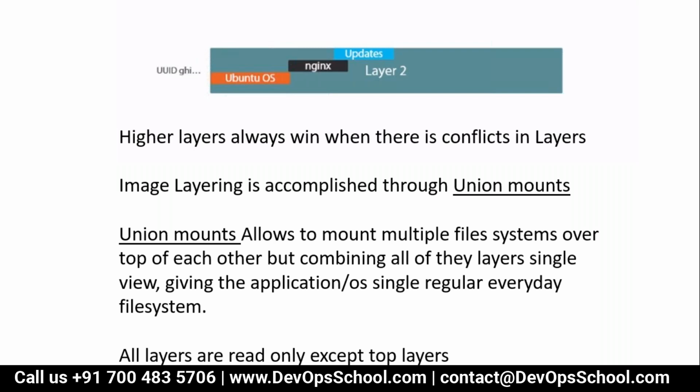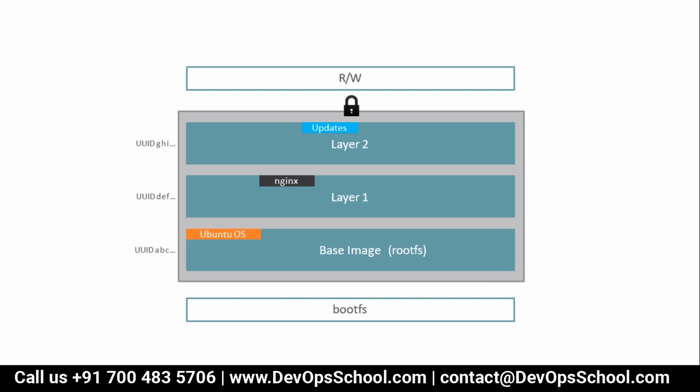Okay. So now you see here, all the layers are read only. The top layer is writable, which is your container. And you see here, the boot file system is in the host machine kernel. So to run any application, you get the entire ecosystem. You get a boot, you get a root, you get applications, you get a runtime environment, everything, and a writable environment also.